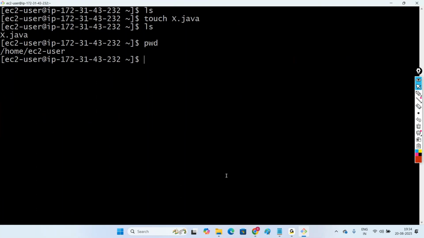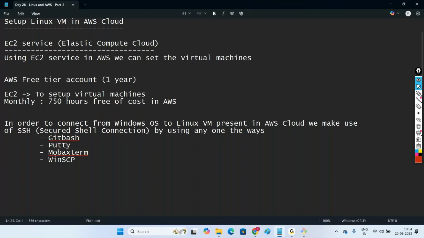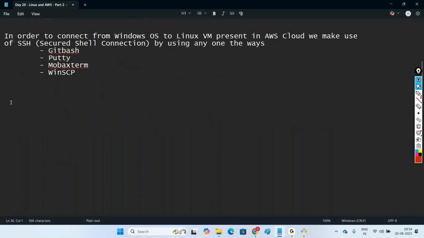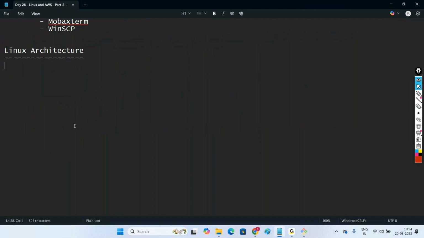Now, moving to the next part here. So do all these things compulsory. Moving to the next one, Linux architecture. Linux architecture. Here,